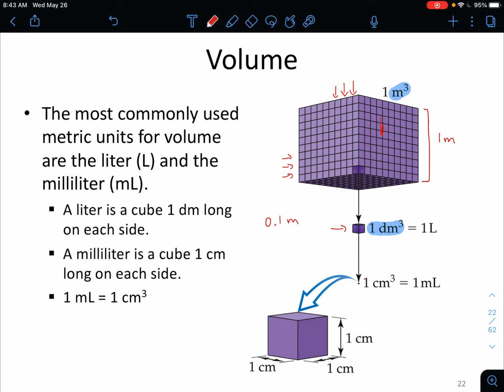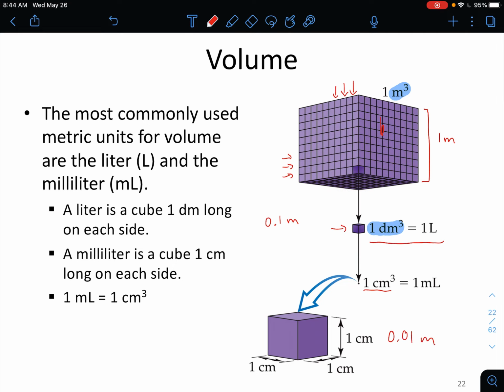And here is a time where we're going to see the relationship between cubed length units and volume units. So 1 decimeter cubed is equal to 1 liter. So now we see how the volume units are going to converge. If I repeat the same process we just talked about, so cutting in all directions in 10 cuts, then now I would have the smaller square that I get out would be